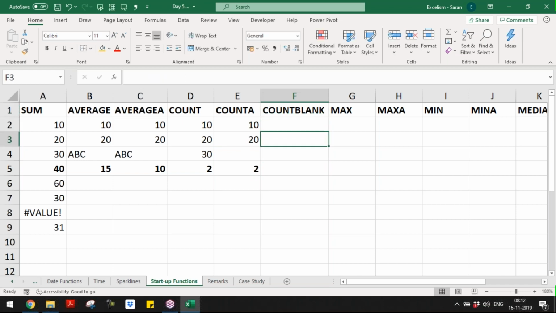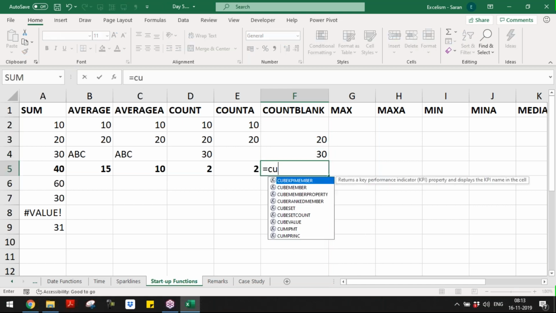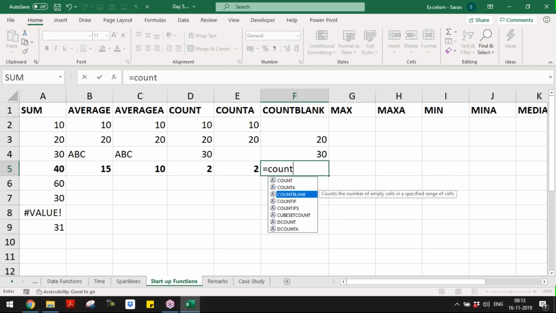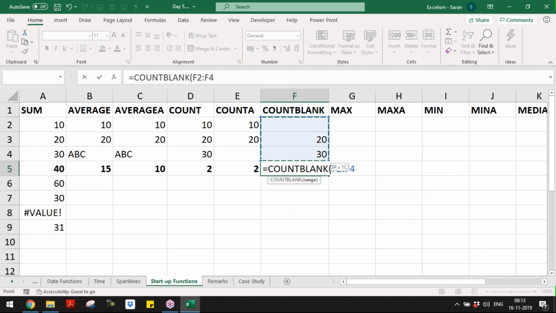For example, this is 20 and this is 30, equal to COUNTBLANK. Friends, can you tell me what is the answer in this case? How many blanks are there? Please put it in the chat box. My answer must be 1. You must be very careful. Excel is such a dangerous application. It's powerful, there is no doubt. It is also dangerous. Our eyes sometimes go wrong.